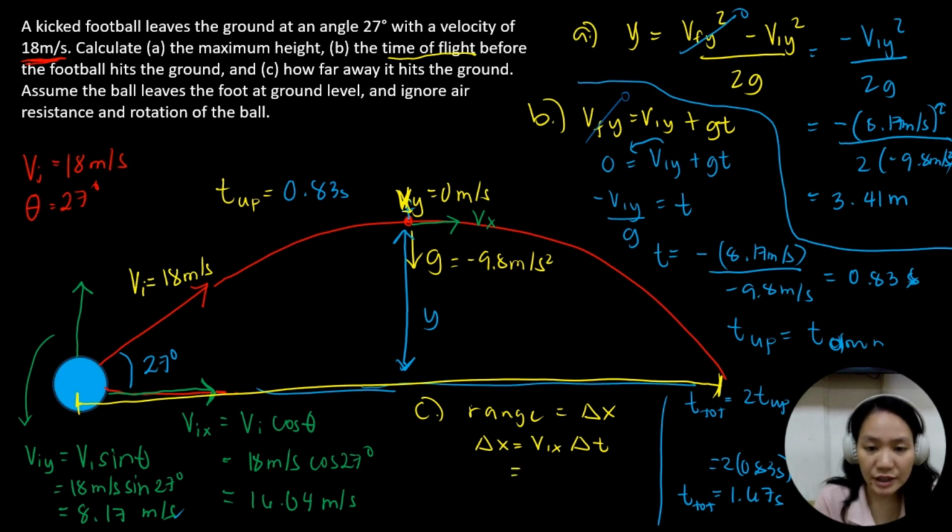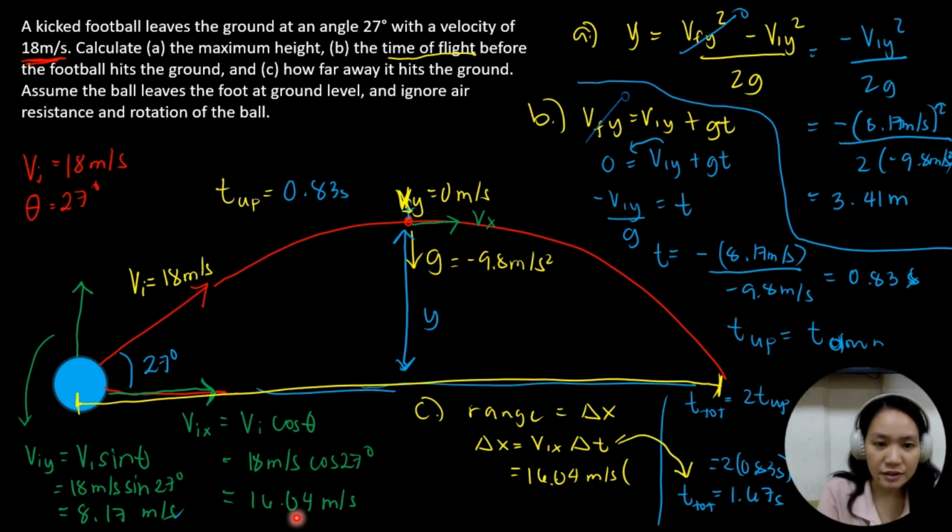So the range is 16.04 meters per second times the time. The time variable here that we'll use is the total time, because that is the time going up and down. The range is the distance from the area it was launched up to where it lands. So it's more appropriate to use that value and not the 0.83. So let's write 1.67 seconds. And if you do the math, the answer will be